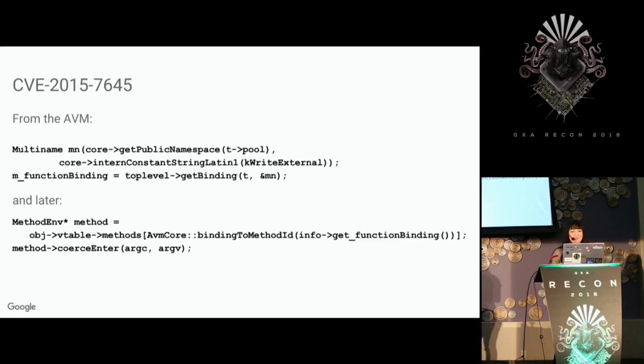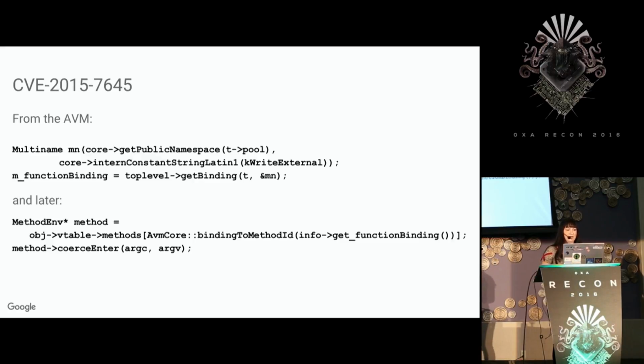So where this gets interesting is for these functions called writeExternal, and then there's a corresponding one called readExternal. And what they do is they're a way to override serialization. So if you're using Flash and you don't like what the serializer is doing, you can define these functions, and then the next time you try to serialize something, it will just give you the object, and your code has to give the byte array back. And then for the corresponding one, it will give you the byte array to deserialize, and then you have to give it the object. So to do this in the VM, what it tries to do is fetch this writeExternal